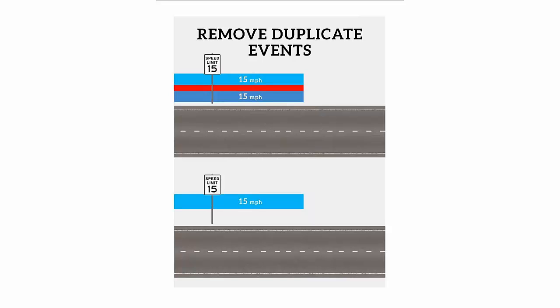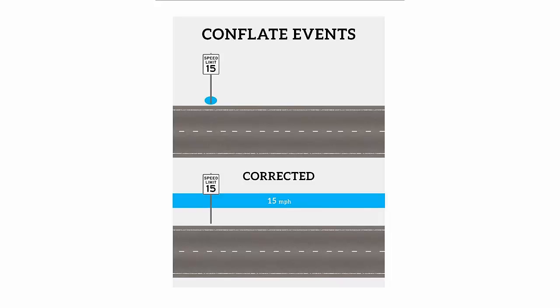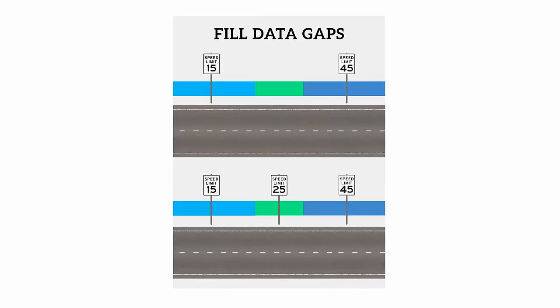So the next one is remove duplicate events. This is going to use the event measures instead of the geometry to find duplicate events. And if you're not in log-only mode, it'll go ahead and remove all of the event records after the first one it finds. The next one is conflate events. This is a real simple conflation, and a good use case for this is our diagram. If you had a point event that shared the same space with a line event and you wanted the value from the point event applied to the line event, this is what this conflation does.